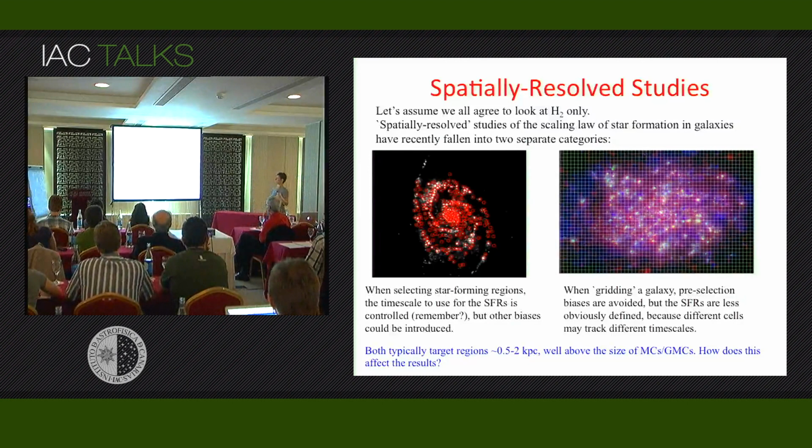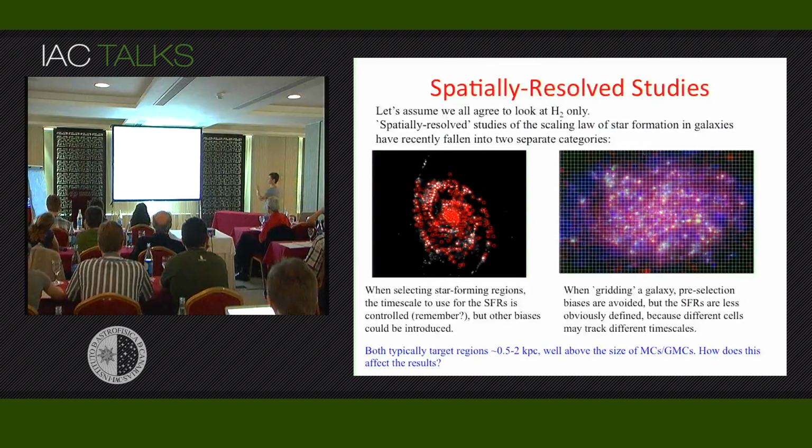And both have problems, okay? I'll try to walk you through the problems that each of these two approaches has. On the left, you are pre-selecting star-forming regions, which means that you are building biases into your selection that you have no awareness of. Right? You don't know whether you are excluding some important components that should be there, but because you are fixated on your star-forming regions, you can't quite see them. On the right-hand side, there is no pre-selection, right?